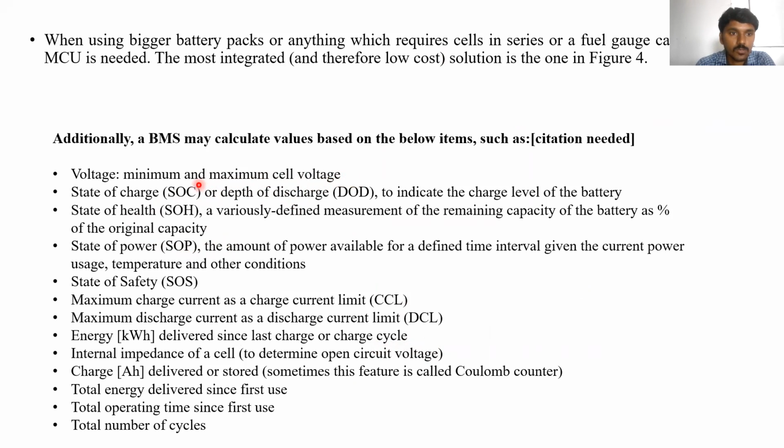The battery management system should monitor the maximum and minimum voltage levels in each cell. Next, state of charge, SOC. This is also the responsibility of the battery management system. What will be the charging state of the battery? It should be monitored by the battery management system at every point, at each interval, or we can say continuously. The battery management system should monitor the state of charge of the battery.